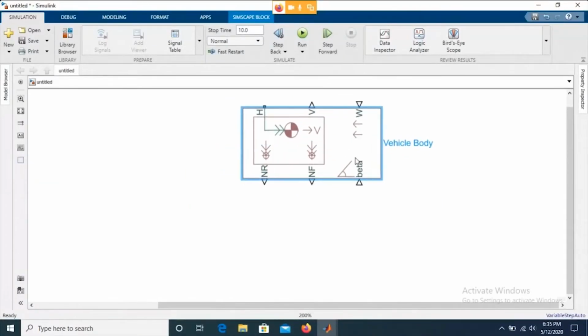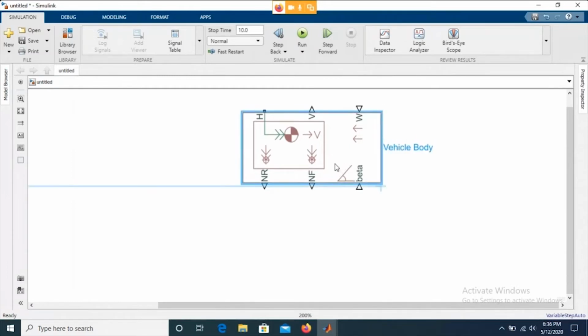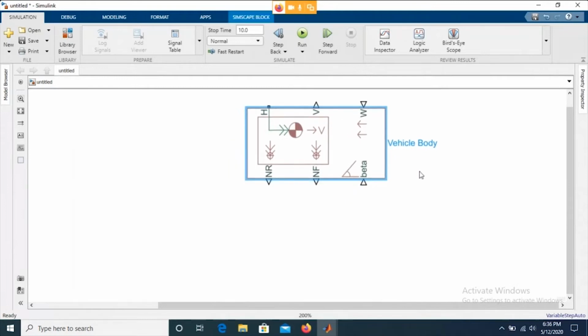Now, with this vehicle body, you need to connect the tires. What is represented by an R and an F? These are basically the forces available on the front and the rear axle. Beta is an angle, and it is also represented by a symbol over here. It is the gradient: if your vehicle is driving uphill, or climbing a flyover, you need to assign some degree of beta angle over here.